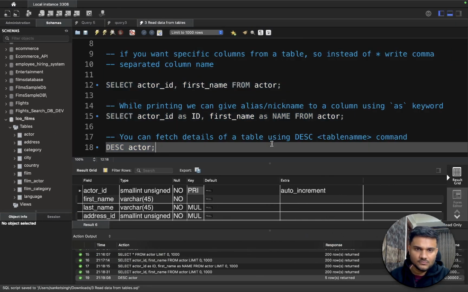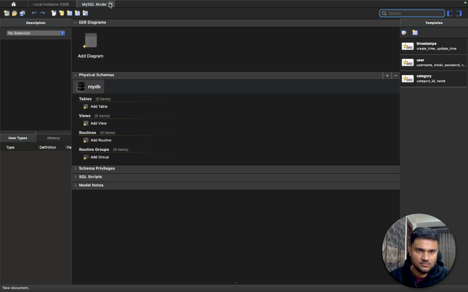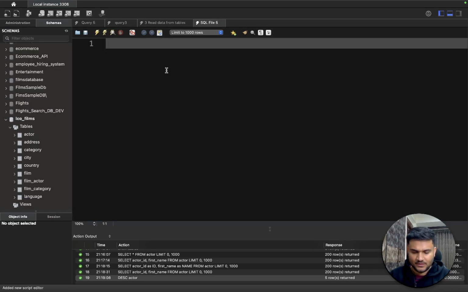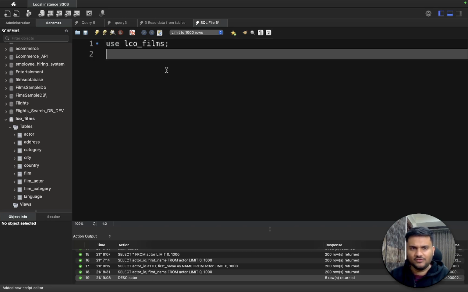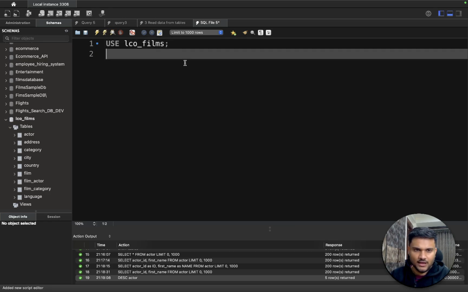So now let's go here. Oh, my bad again. Now let's say we'll say use LCO films. Okay, in every new file, you have to write use LCO films, right? Okay, and let's say I do select, the keywords, generally I prefer to write in caps. Otherwise, as I said, it's case insensitive, so nothing matters as such. From actor, okay,